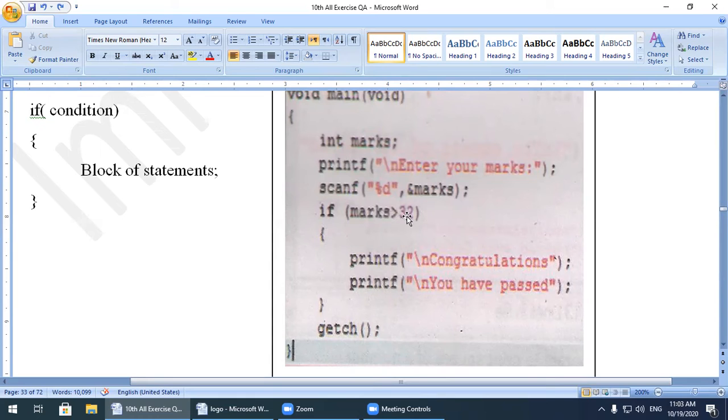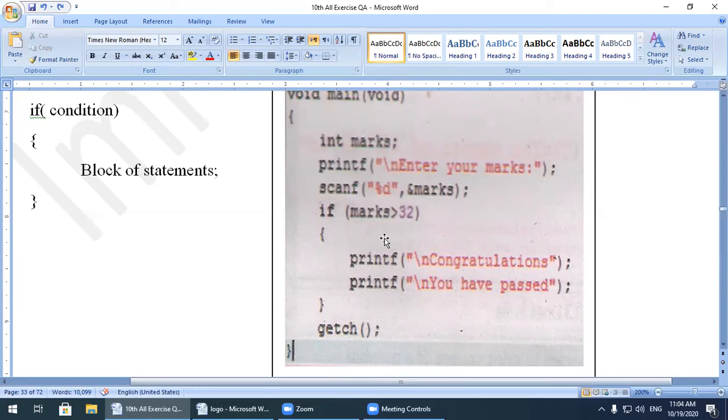In case of false, the compiler will not execute these statements. When this condition becomes false, this statement will not be executed. So no result will appear on the screen. In case of a failing student, failing marks, meaning marks less than 32, no message will appear. So this deficiency will be covered.